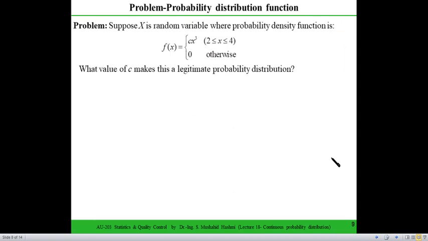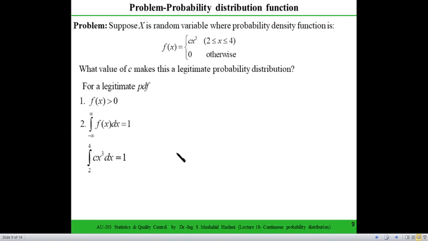Okay, another problem. Let's say x is a random variable where the probability density function takes values in this function, and x can take any value between 2 and 4. So what is the value of c that makes this a legitimate probability distribution? We already know that for a legitimate probability distribution, whatever the value of x is, f of x must be a positive number, and the area under the curve from minus infinity to plus infinity comes out to be 1. So we just need to integrate this expression, because our limits are from 2 to 4